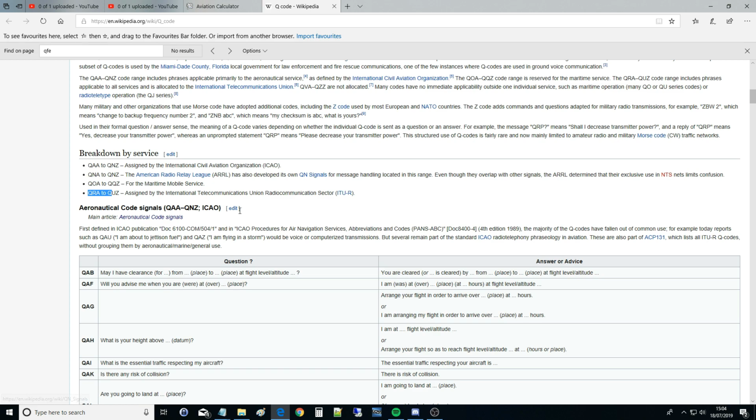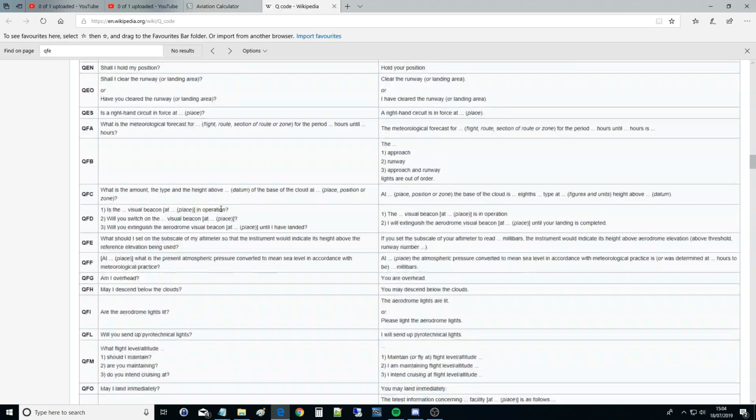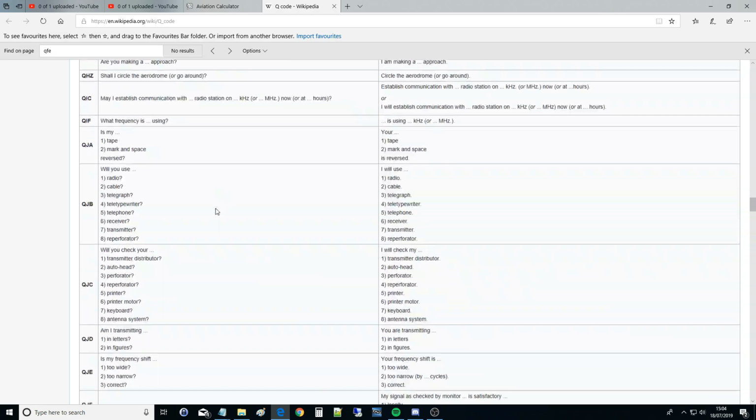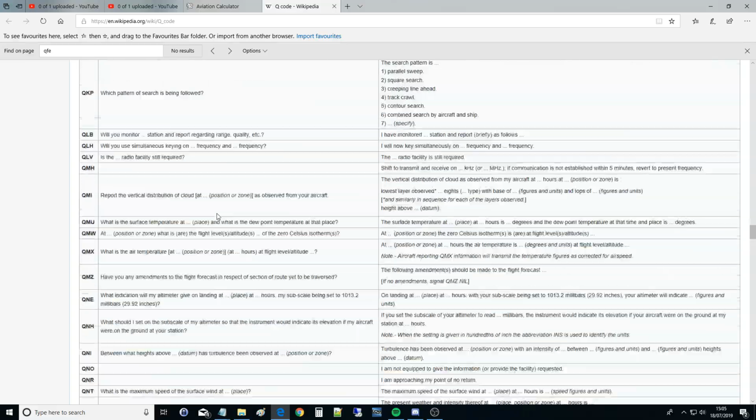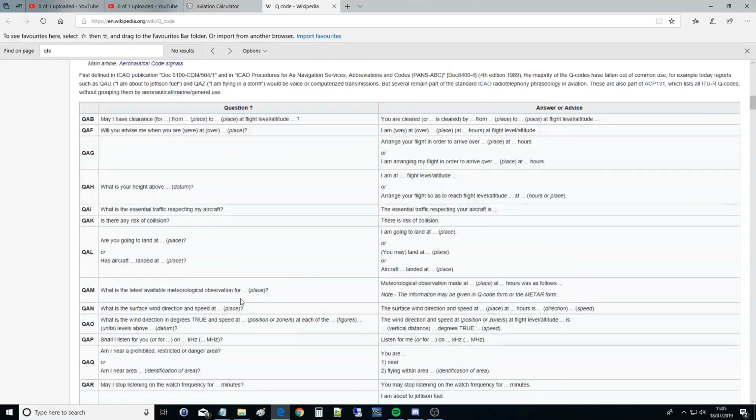ITU-R. So the ones we're interested in are the aeronautical codes, and don't worry, we're not going to go through them all, but just to give you an idea how many there are, thousands of them. Look at all that. Unbelievable. And so let's just pick on a couple purely for fun. This isn't really relevant today, but